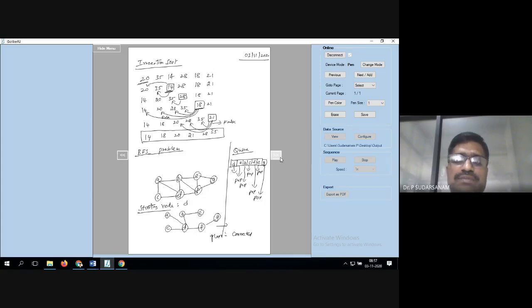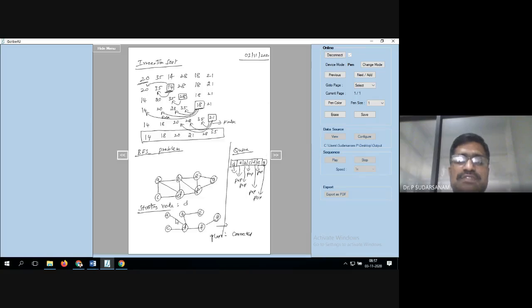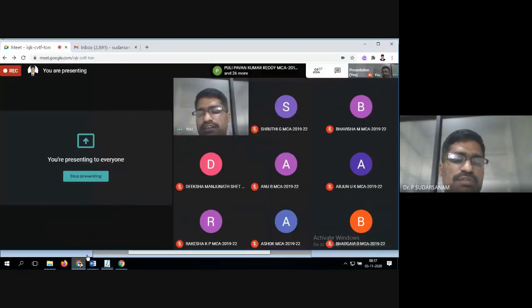But now in this case, what will happen? See here, this graph is totally different and this graph is different. But if X draws, Y draws, Z draws, you will be getting the same graph only. In this case, his graph is connected. So in the examination, they will be asking whether the graph is connected or not. That's it. So that is what BFS and DFS are. Now we'll move to the